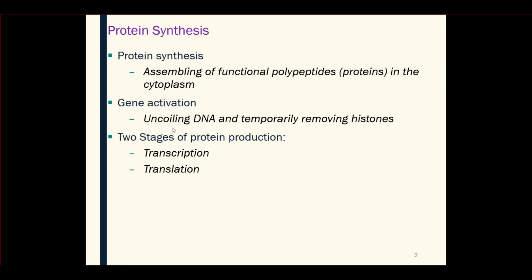And we're temporarily going to remove those histones. Those are the proteins that the DNA wrapped itself around, if you remember from, again, a previous lesson. So that's known as gene activation. Again, it's just going to uncoil that portion of the DNA that has the blueprint for a protein that we're